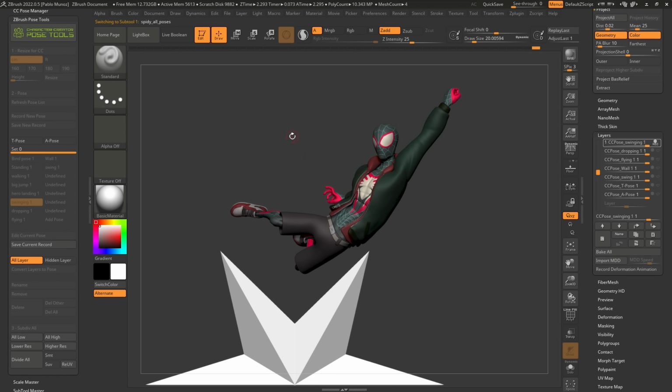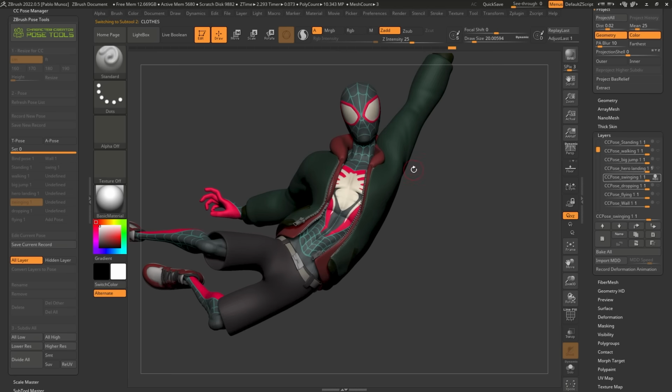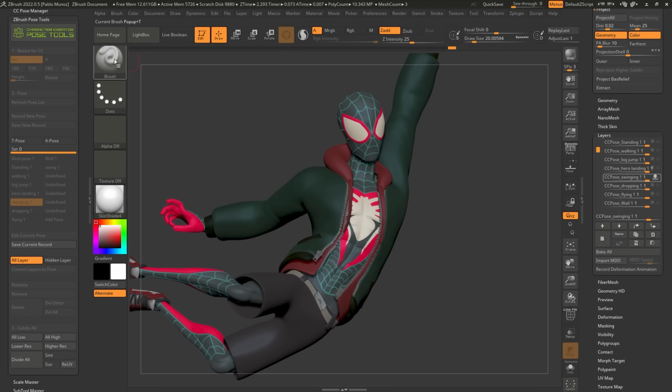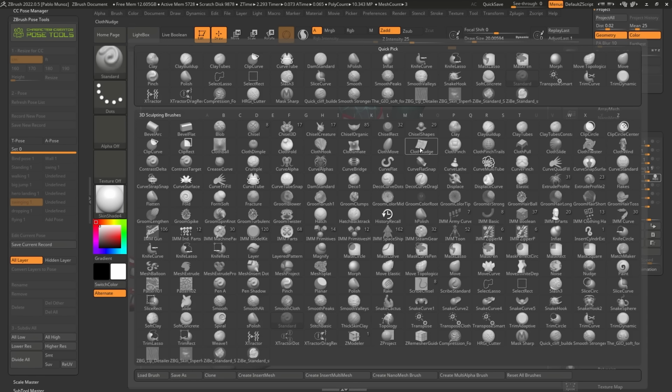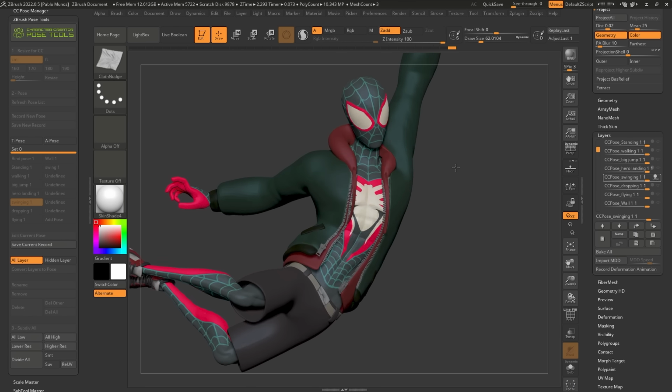And the plugin now is going to go through the process of enabling this specific layer, as you can see here. Let's go ahead and select the clothing first. As you see, it enables the swinging one, the one that we had selected, and it's set to record mode. So let's go ahead and tweak this. And maybe for this, I'm going to switch to a different material so that you can see things a little bit better. And also, I'm going to switch to a different brush like the Cloth Notch that uses dynamics. And I'm going to try to click on this one.